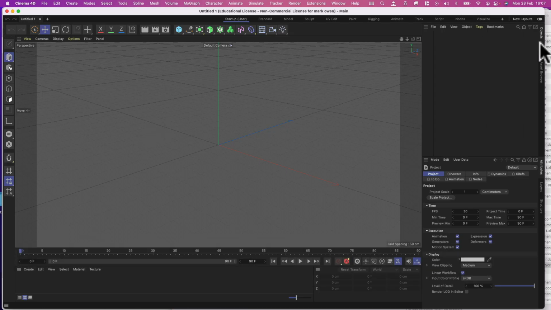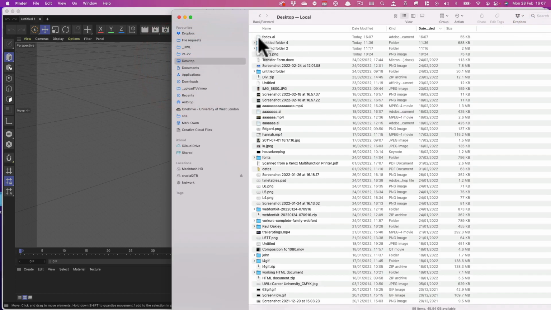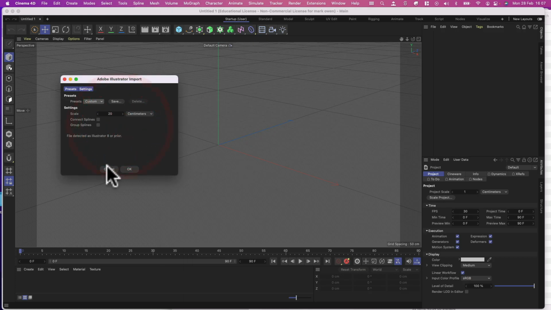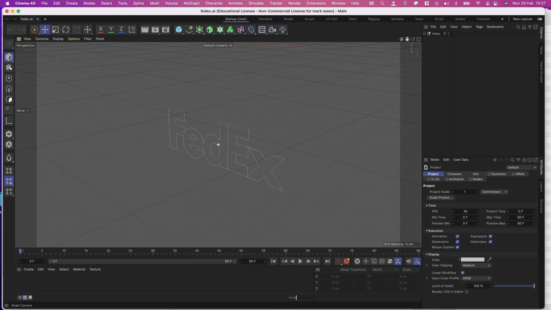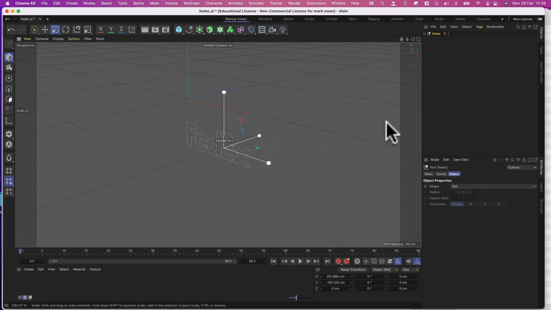And if we just go to my desktop, it's here, and you should just be able to drag it in. Just say OK. Now just check, you can see that it's quite small. So I'm just going to scale it up. Select it first and scale it up. Great. Okay, and we're just going to set it to be at